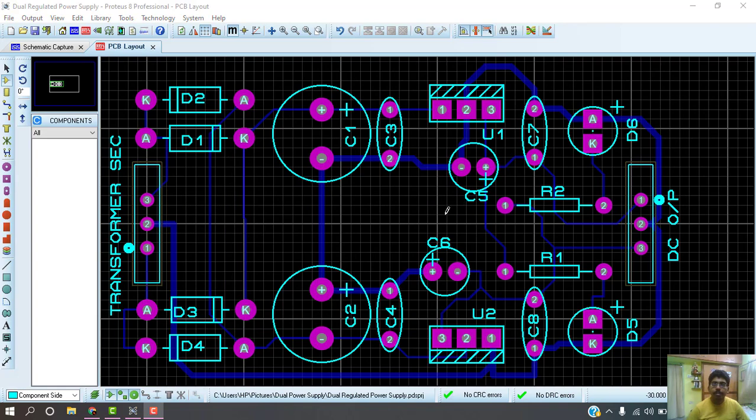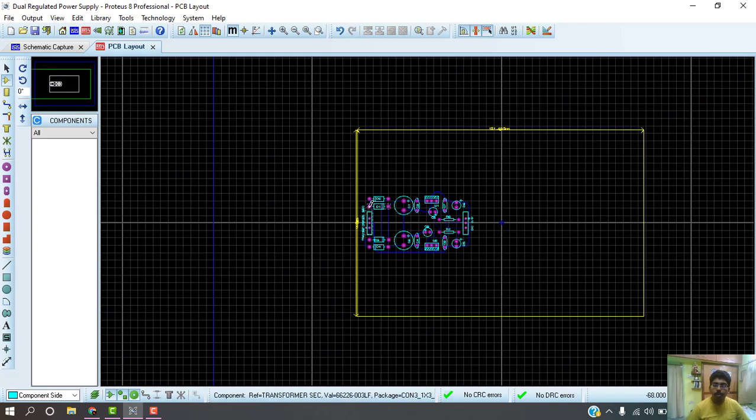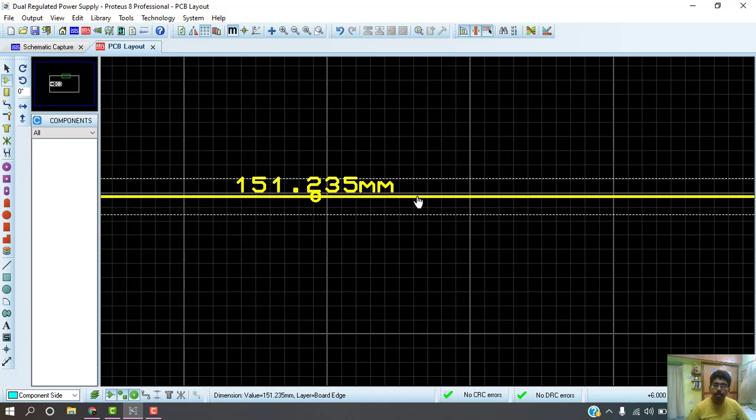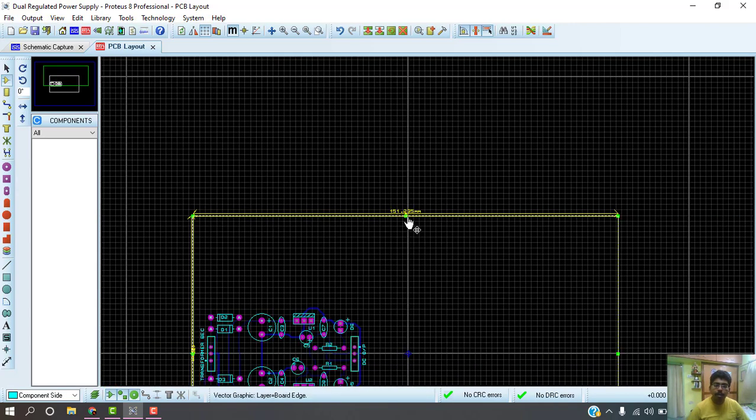Now we are going to conserve your board. If you see it, the component is only 25% placed in the board size. So we are going to decrease the breadth and height of the board. First you select the one side of the board and try to decrease the breadth.